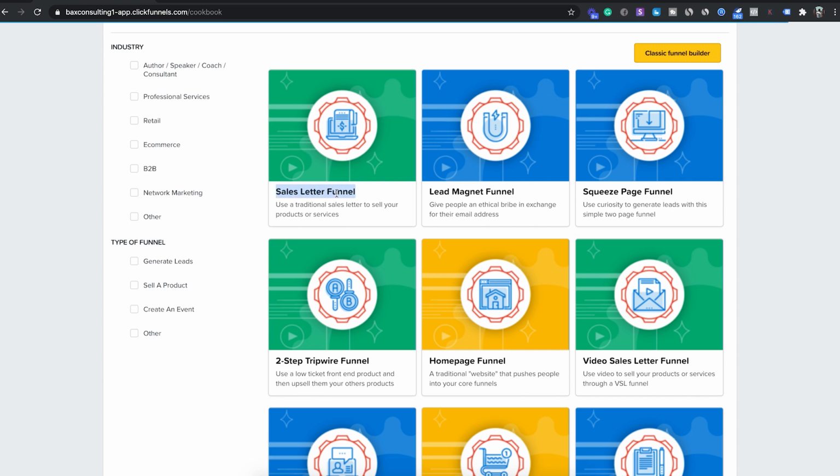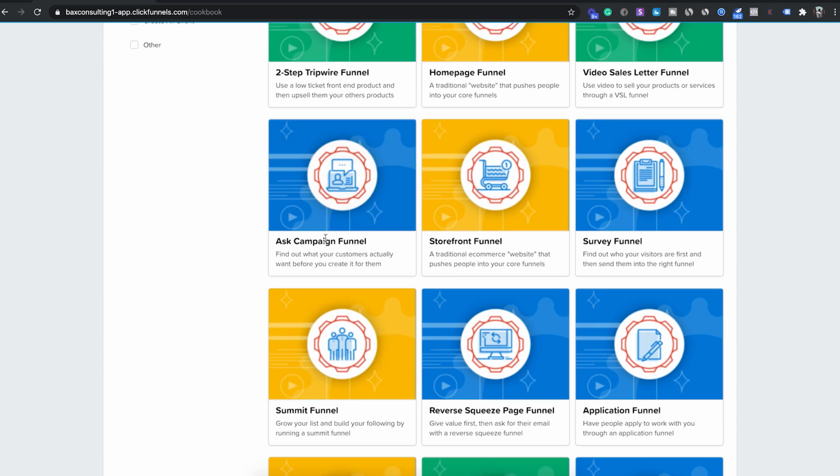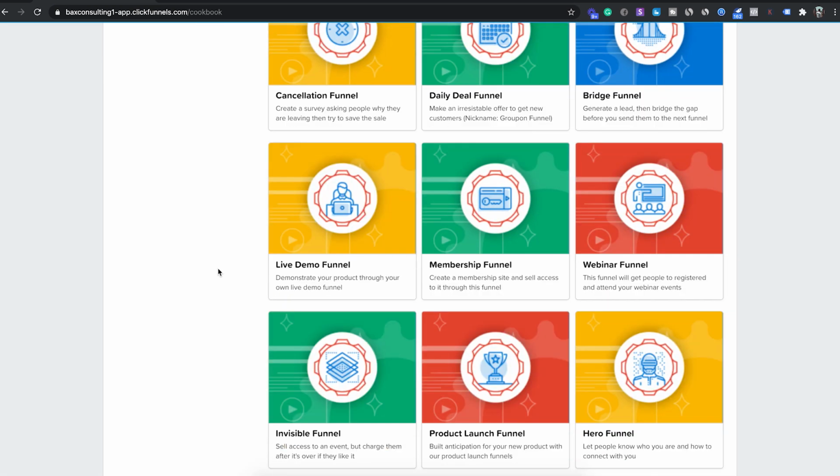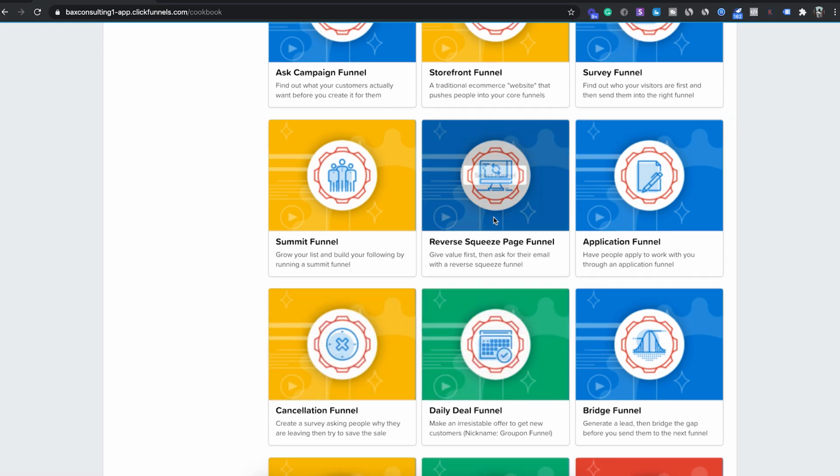This is a sales letter funnel. This is a lead magnet, a squeeze page funnel, VSL funnel, homepage, two-step trip. You've got so many different goals and objectives and stuff like that you can choose from. You've got webinar funnels, stuff like that. Now, you can come into here and select whatever you want, or what you can do instead is